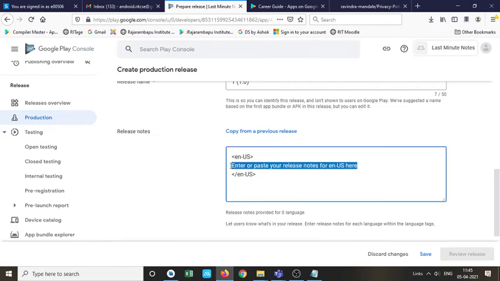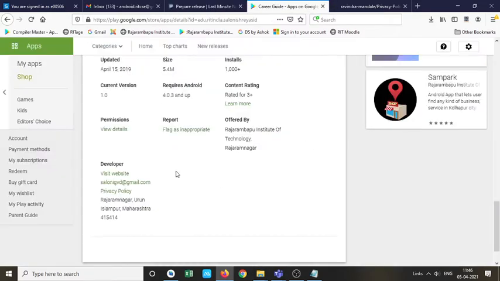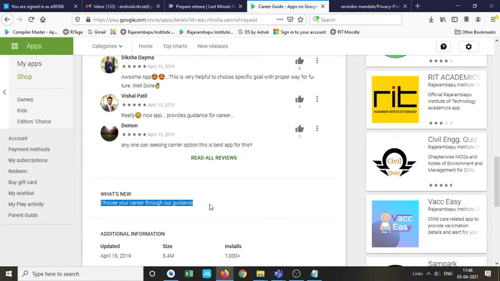Now, is there any update? Whenever you are updating your Android application, it asks what the major part of this update is, and you can mention that. Here I'm mentioning this is the first version, the first release. If you are updating your Android application, you can mention here bugs fixed, problems resolved.